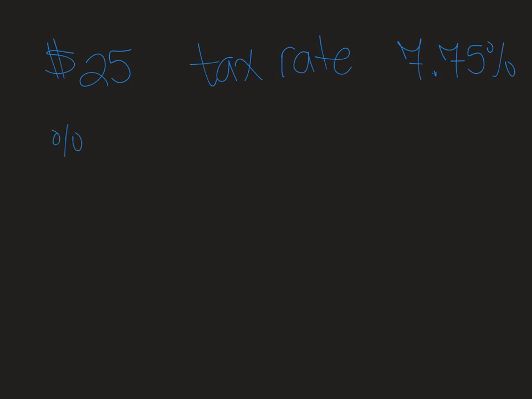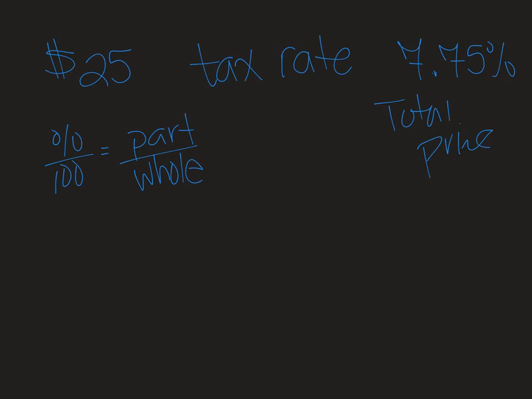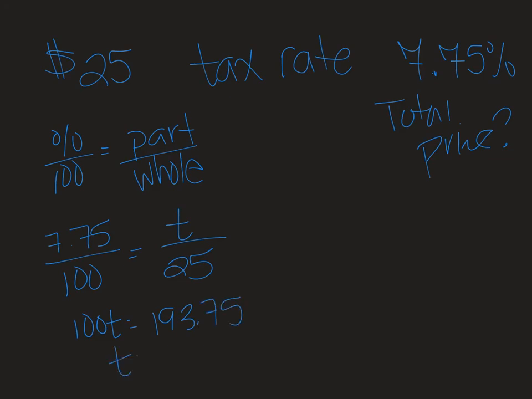Again, let's look at it as that percent over 100 equals part over whole. And I'm going to be looking for that total price, or the total amount you're having to pay. So I'm going to do 7.75 over 100 equals, I do not know the tax amount, but I have what the price of the shirt is. And now you can do your cross multiplying to solve. So 7.75 times 25 gives you 193.75, and then divide that by 100, and you get